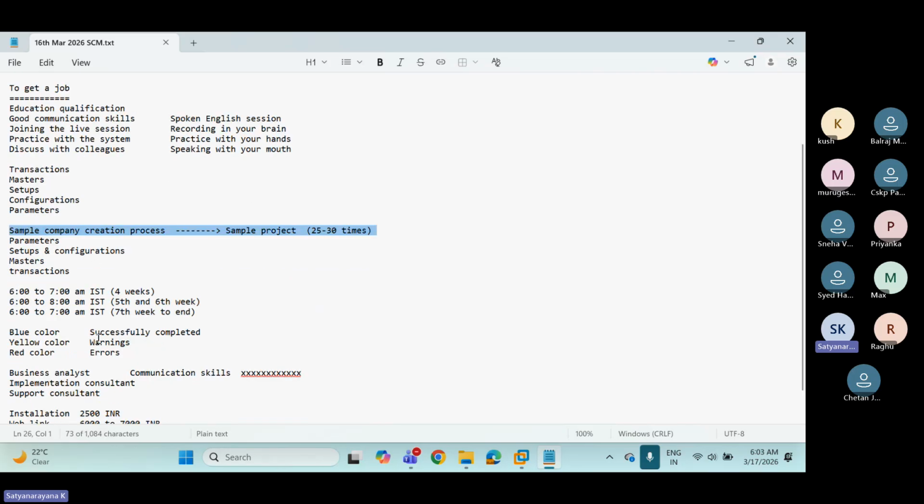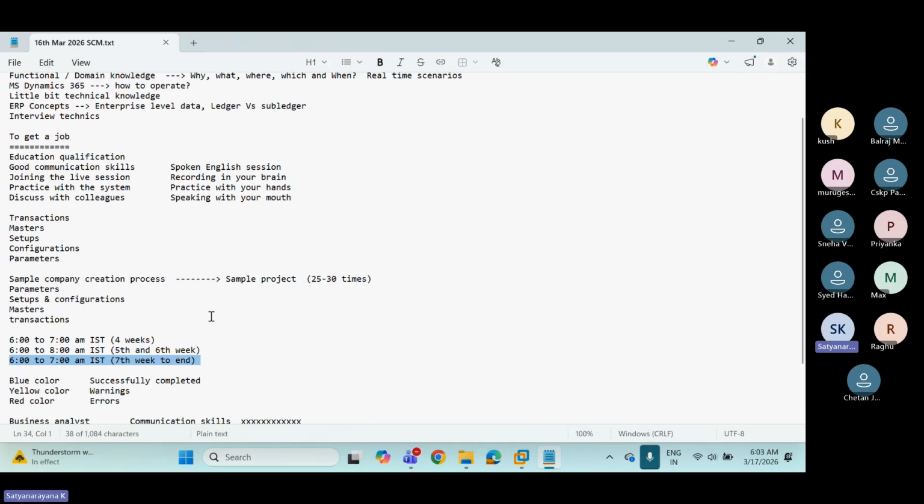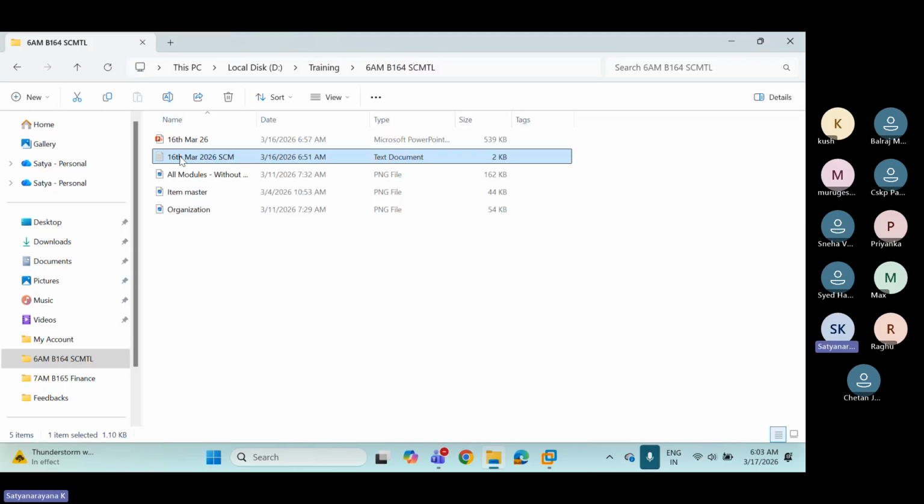The first 4 weeks will be 6 to 7. The 5th and 6th weeks will be a combined session, and from the 7th week onwards it will be separated. So this is the introduction to what you are going to learn over the next 9 to 10 weeks.